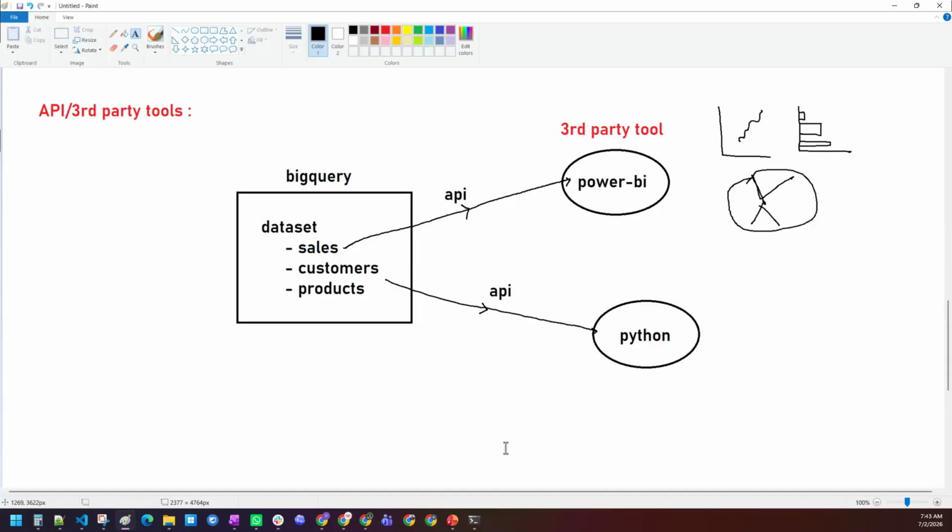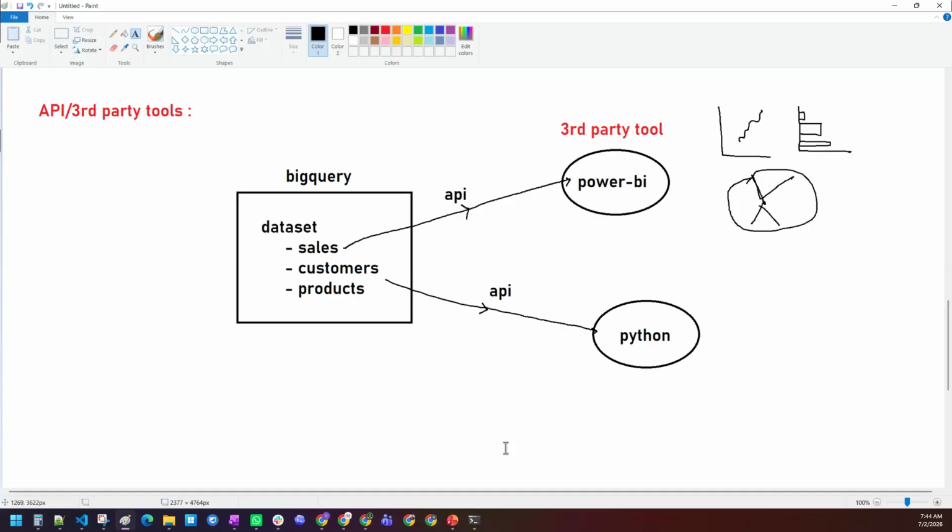So these are not mandatory. According to your company's requirement, if you have a third party tool or programming languages to interact with it, then these things come into the picture. Don't worry about these things at this point of time. In our upcoming sessions, we have a separate session on these things again. When we talk about GCS or BigQuery, I will tell you these methods. We use Python, we use Looker, or we use different services to interact with the GCP services. At that time you will understand how you can interact with the GCP services.